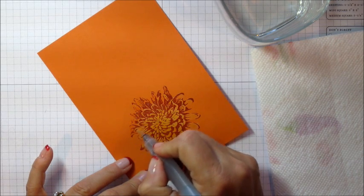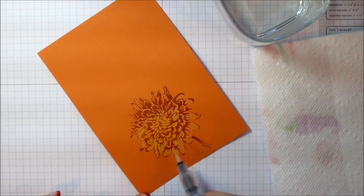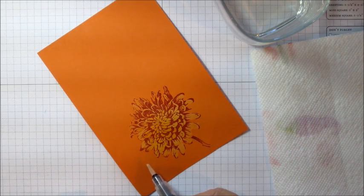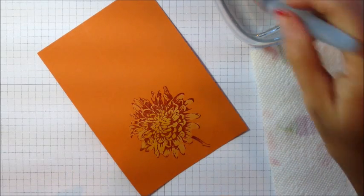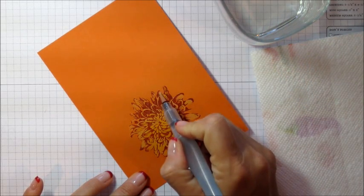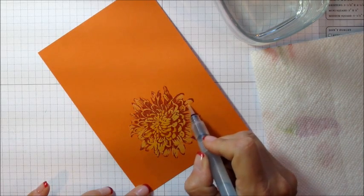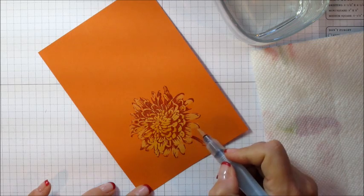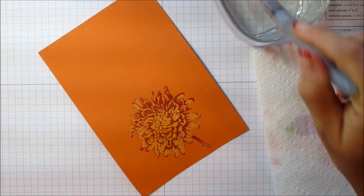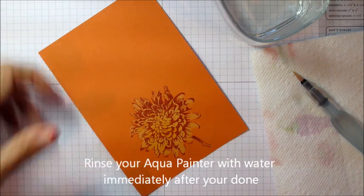And you don't have to be exact. And you can see that as it dries, it starts to bleach out the area, and you can check it and see if you got every area that you wanted to. It looks like I could use a little more bleach right out here. And that's all there is to it. And then when it's dry,